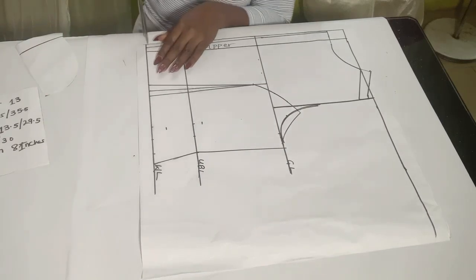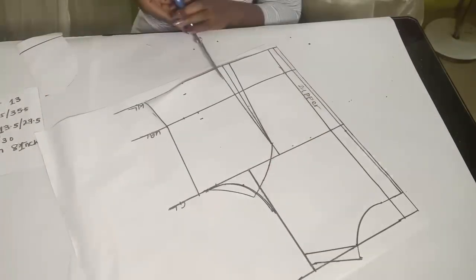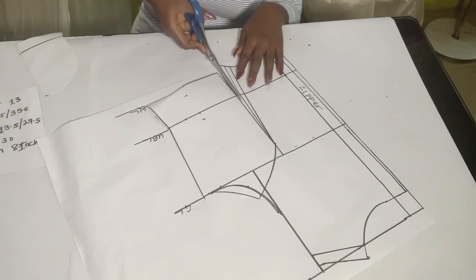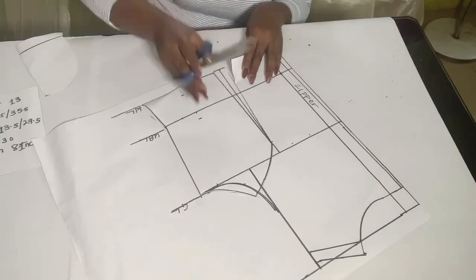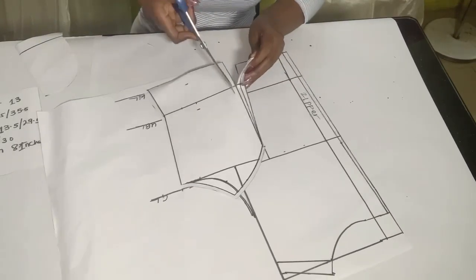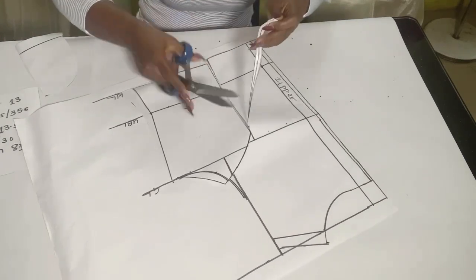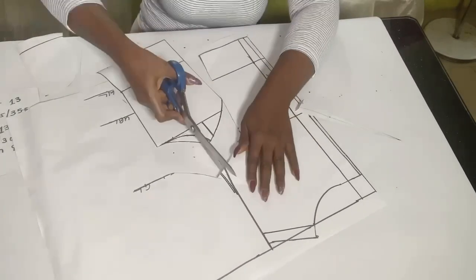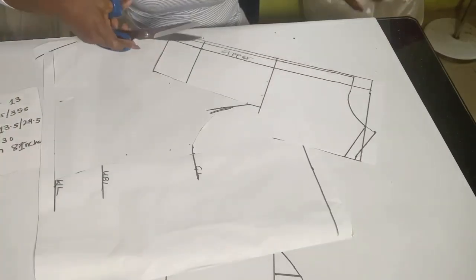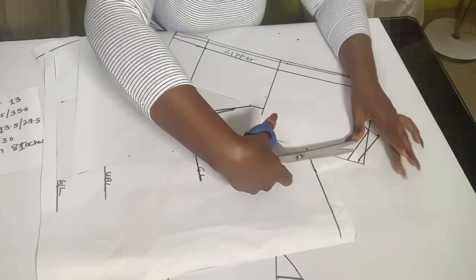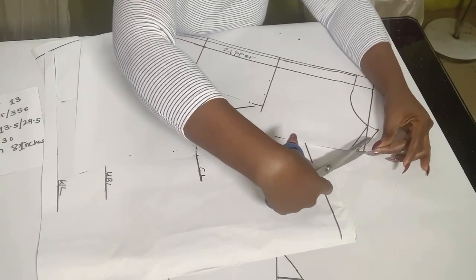Okay. So this is for the back. So I need to be relabeling that. Then cut out this part